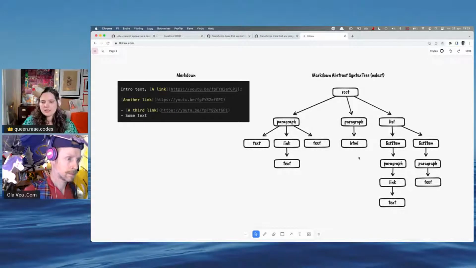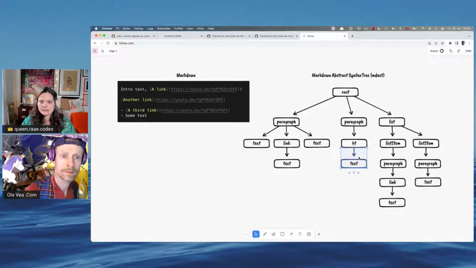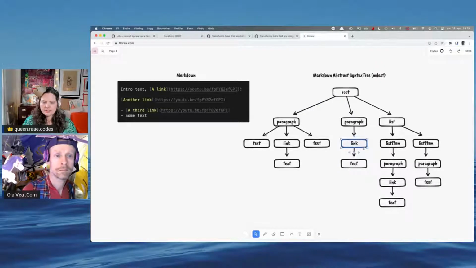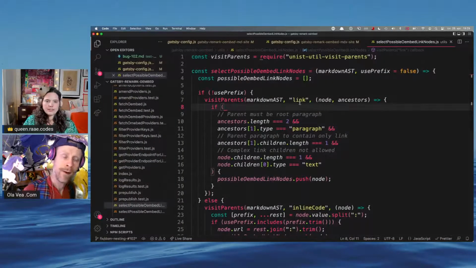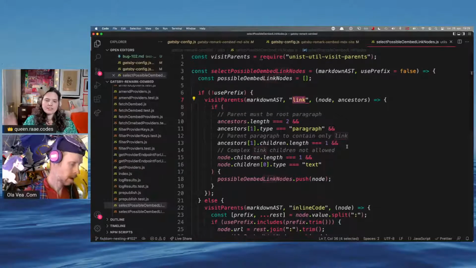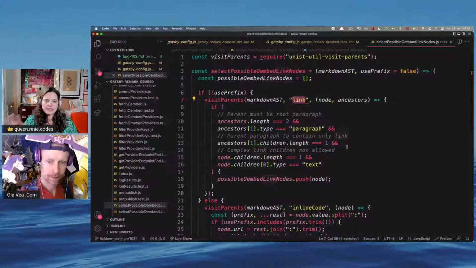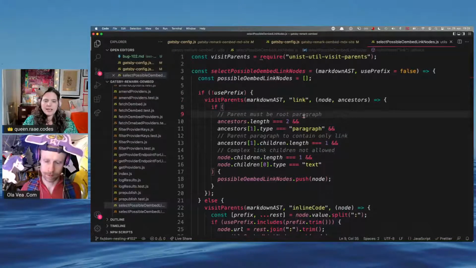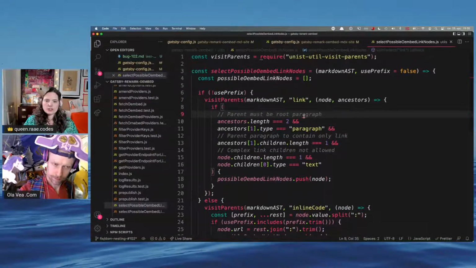So when we go back to our tree in text, I walk through everything. I get to this link node. So it's a link. I only want to visit link nodes. And then when I'm on a link node, I check to see if its ancestors are 2.